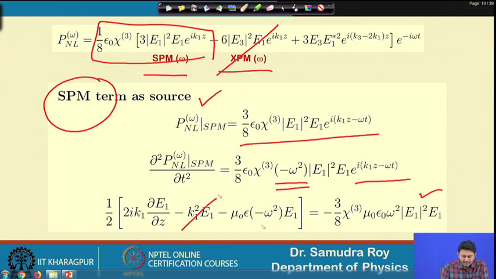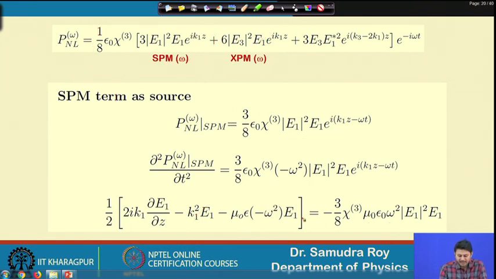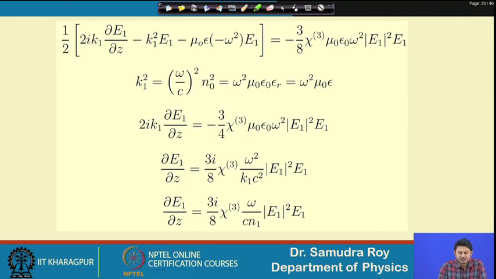So, we know that this term and this term will cancel out eventually, because these two terms are always there and they are going to cancel out each other, and now the source term is slightly different. One interesting thing to note here is that this is a naturally phase matching thing. So, in the left hand side we have e to the power i k1 z minus omega t, in the right hand side also we have e to the power i k1 z minus omega t. So, this phase thing will not be there. So, it is a naturally phase matched term. So, self phase modulation will naturally happen whether it is phase matched or not.